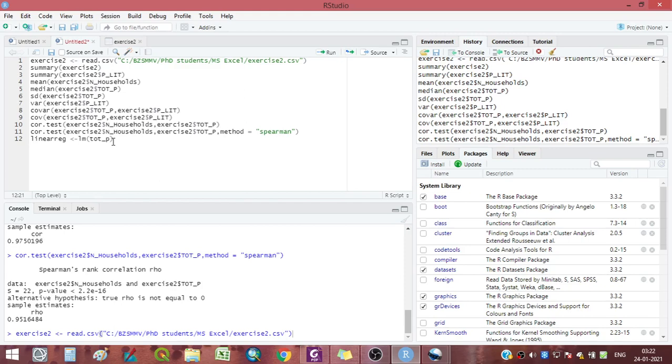Okay, then only the R will read. So I have to write exercise and then give a dollar symbol. Okay, just